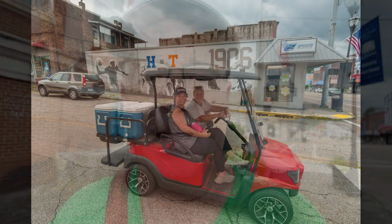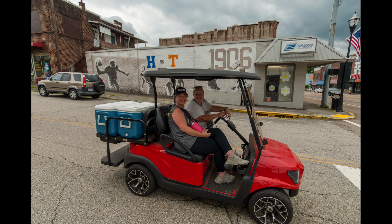Them two ladies in that golf cart, it's kind of unique because they were sitting at the stoplight. And they had two coolers on the back of the golf cart. I asked if I could make their portrait. They said, sure. And they got their hat off and made themselves look presentable. But anyways, I asked them what they were doing. And they were going over to that other lady's place to get the ice cream they had stored there, because